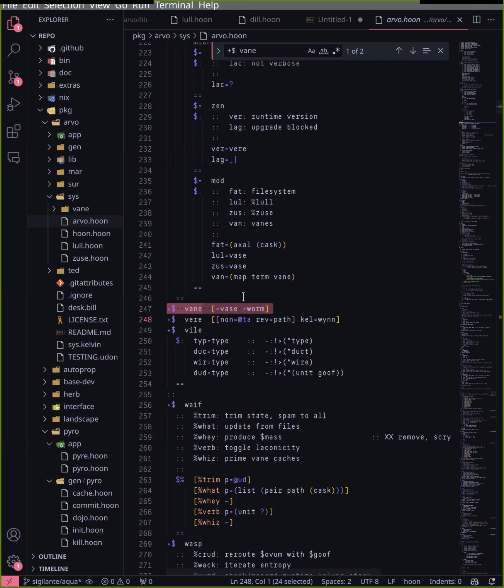So the worm is the cache when you actually do a computation. The vase actually holds the raw: how do we actually do the computations if we've not yet cached them? Yeah. Okay. And this is a place where I feel like the Urbit type system is a little bit underspecified,